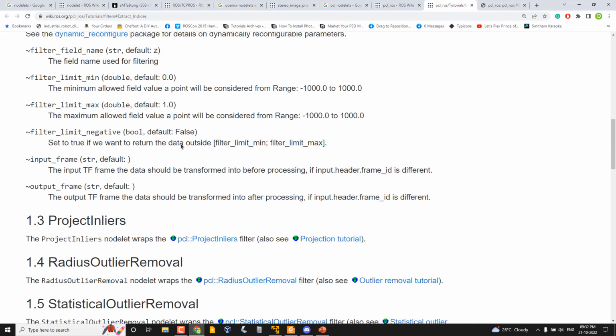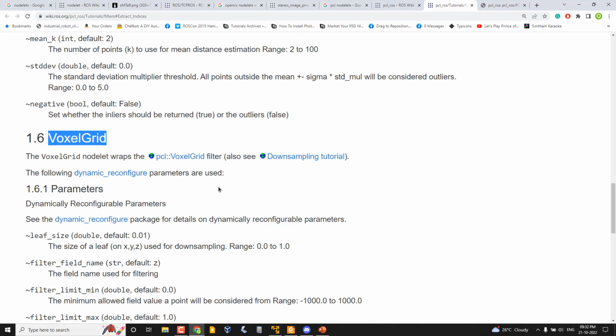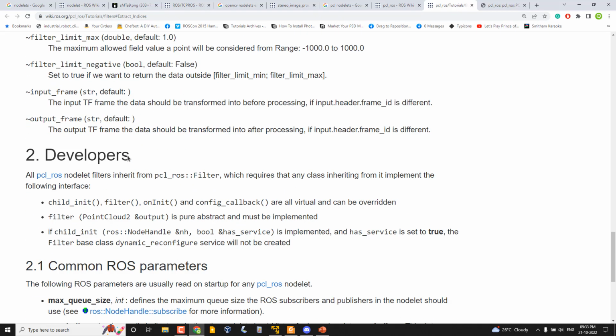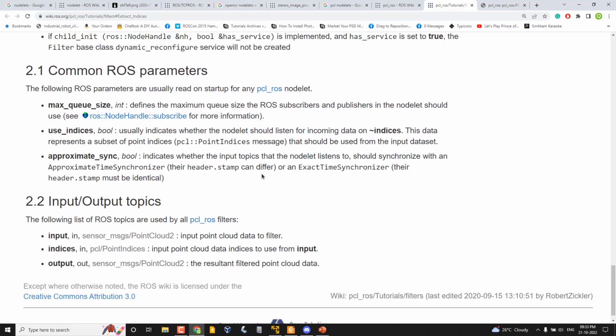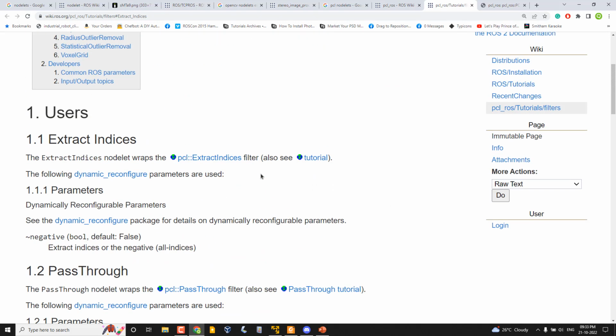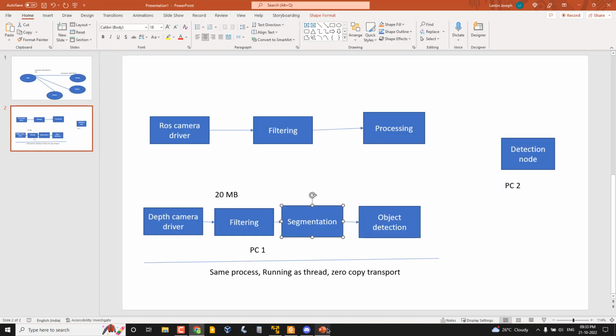like that. Okay, so this is very handy because we don't need to write any code. We just need to load this plugin. That's it. Okay, so that is the main advantage. And if you are only using nodelets, we don't need to write a lot of code actually. Like we can reuse a set of nodelets that is available already. You can simply pass this point cloud data through a series of nodelets and we will finally get the output,